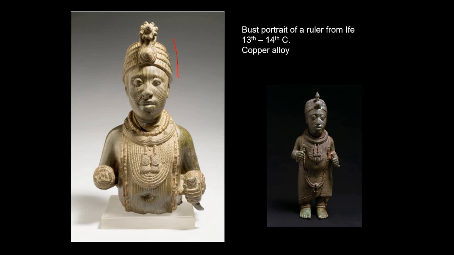And the striations on the face that you see here, again, that's not stylization. That's an accurate depiction of ritual scarification. The rulers of Ife, the Oni of Ife, endured an extreme form of scarification where they would create parallel rows of scars. And again, to do this, it's not a simple process. It's not just a one-off of cutting you once. You actually have to cross-hatch thousands of little cuts to get the scar to build up like this. It's amazing. If you could endure this, you really truly could claim to be an elite.